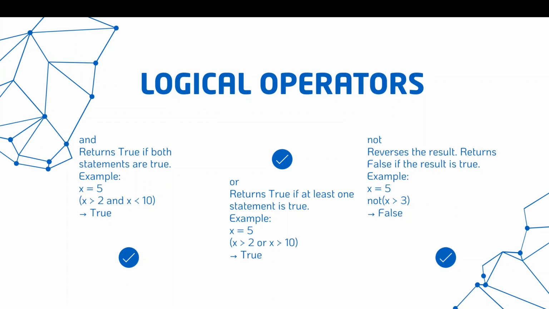So now we are going to start our next operator, which is our logical operator. In logical operators, there are mainly three types, which are our AND operator, OR operator, NOT operator. So what is the difference between all these three? First, I'm going to start with the AND operator. As you can see very well, in the AND operator,